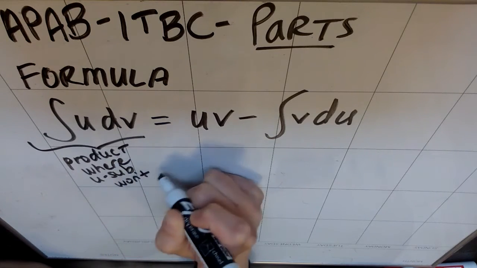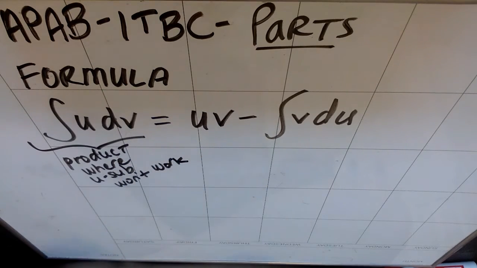Okay, and we're going to walk through some examples that you have in your packet, and I can also walk through some extra examples to help you out with it. But the issue is you're looking at some product where u sub won't work, and this is how you integrate it. Before we go into doing these problems, let's actually talk about where this formula comes from,